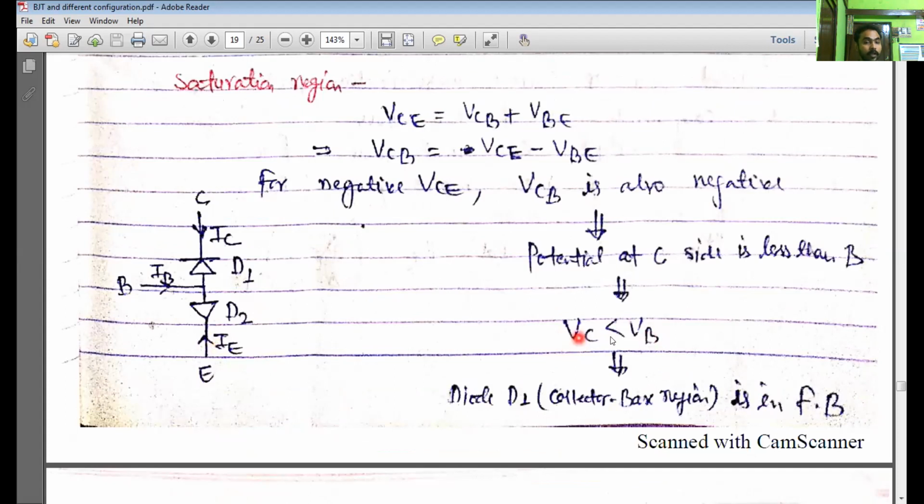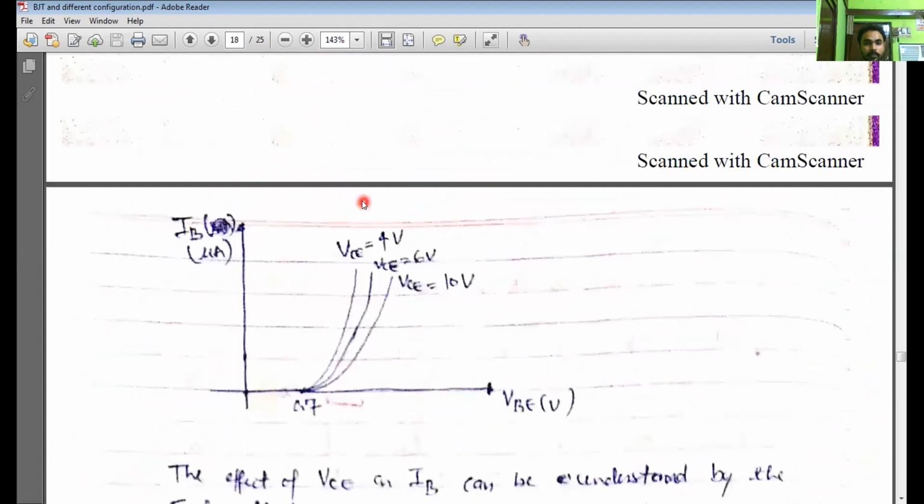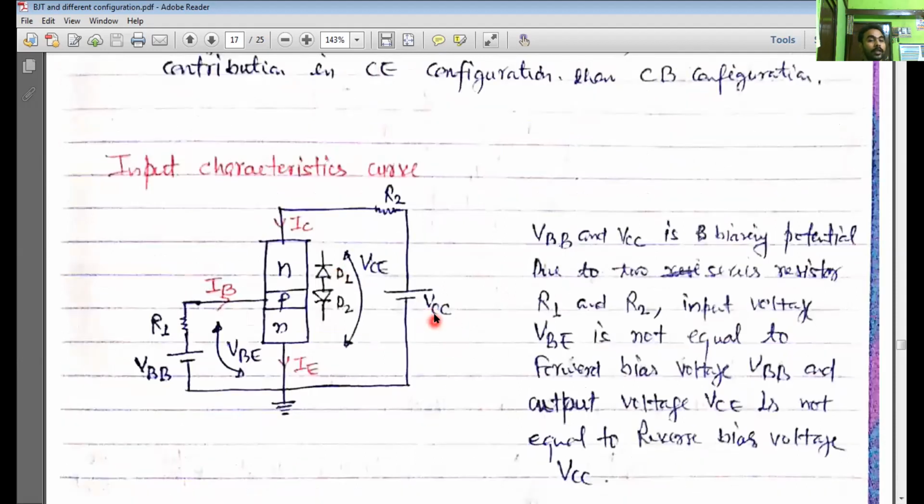See that we are talking about this VCB working on the diode D1. Now the polarity has changed here. Earlier, VCC in terms of part 2 you can say is VCE. In the case of positive VCE, the collector has a higher voltage and the emitter has a lower voltage. But now, due to the negative VCE, this becomes the lower voltage and this becomes the higher voltage.